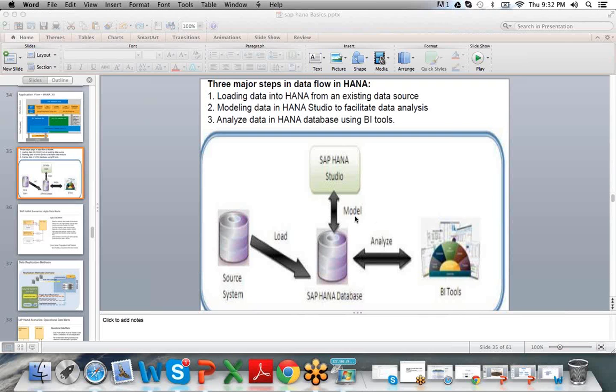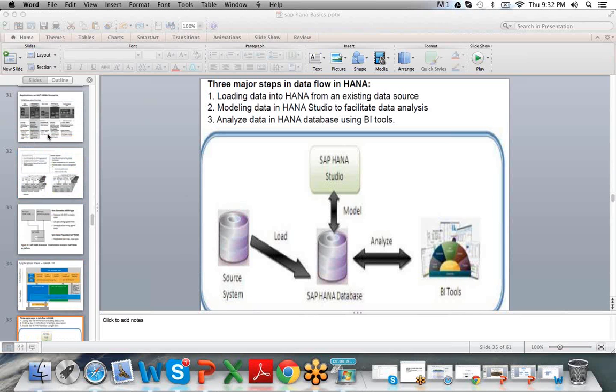So once the modeling is done, then we can consume these information models, attribute views, analytical views, calculation views, in SAP BW 4.0, 4.1 reporting tools. This is HANA as a data mart. So up to support pack 2,